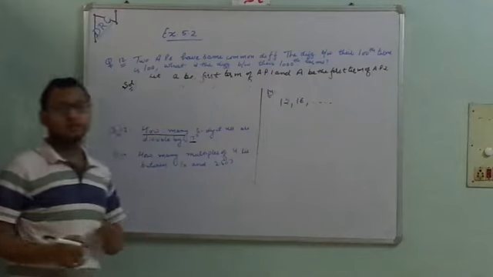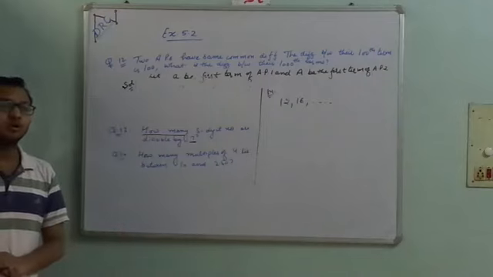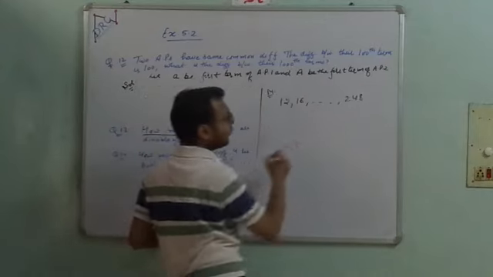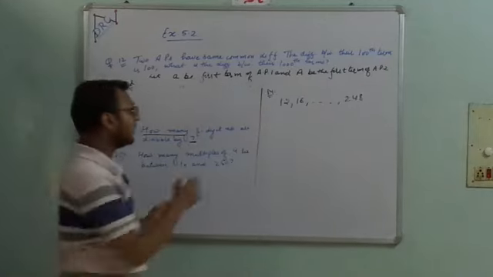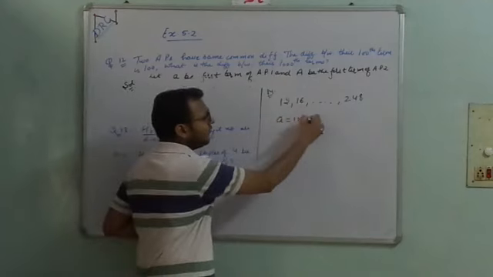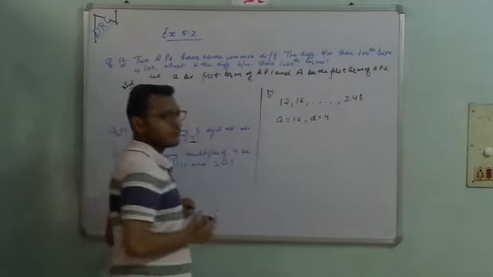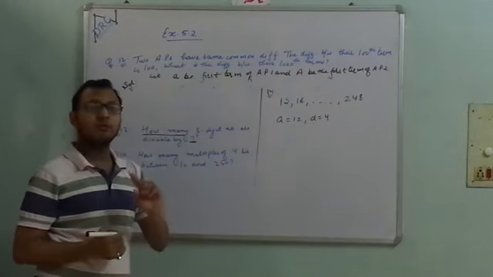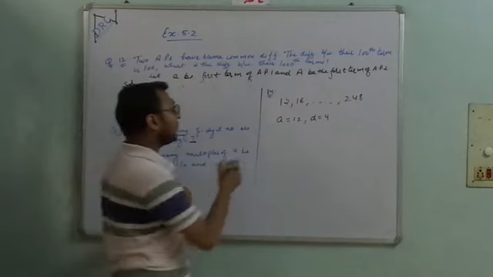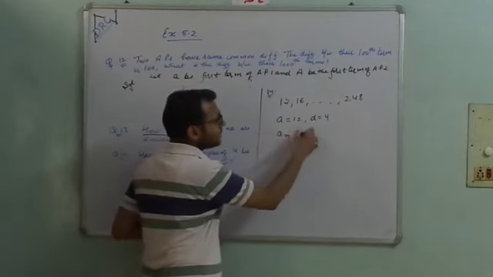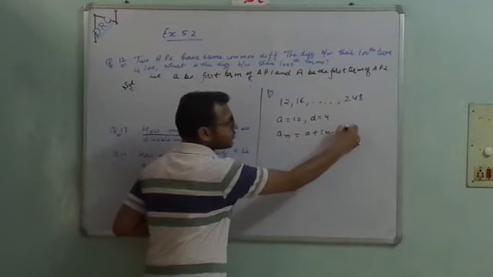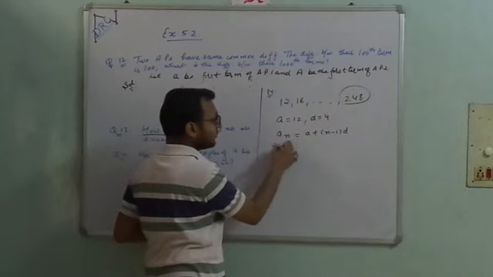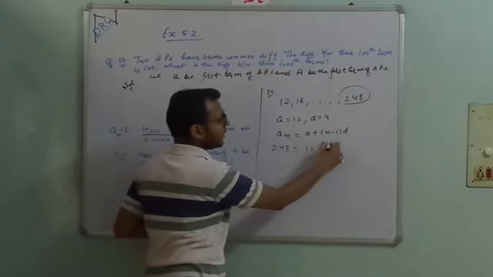Now check, is 250 divisible by 4? No, 250 is not divisible by 4. 249, no. So I think 248 is divisible by 4. Yes. So now a is equal to 12. Now the common difference is 4. Okay students. Now what do I have to find? I have to find n. So the formula is an is equal to a plus n minus 1 into d. तो an आपको क्या है? जो लास्ट पोजीशन पे बैठी हुई वैल्यू है, 248. So 248 is equal to 12 plus n minus 1 into d.